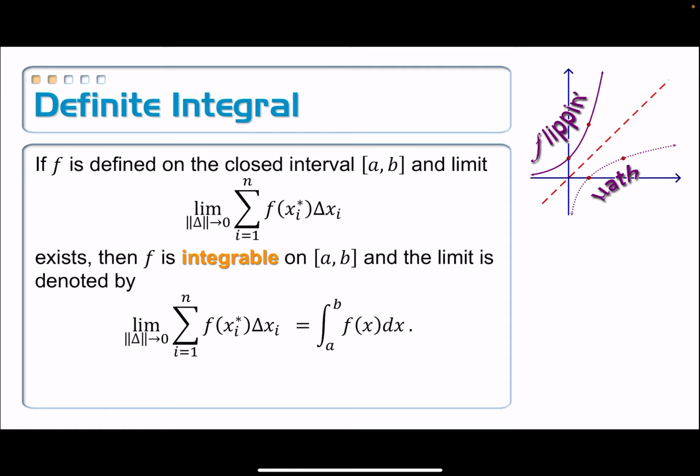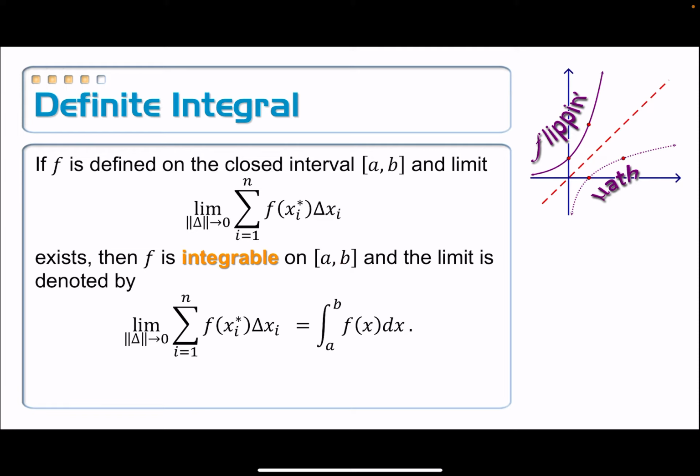saw from a previous example that it doesn't necessarily need to be. All right, if f is defined on a closed interval from a to b, and the limit as the norm approaches 0 of this Riemann sum here exists, we're going to call that function, this new word, integrable. Integrable just means that you can take the integral of it, just like differentiable means that you can take the derivative of a function. It's integrable on the closed interval from a to b, and the limit is denoted by,